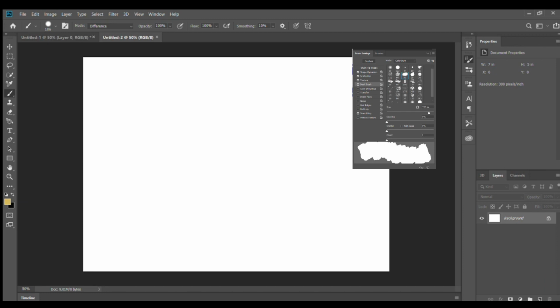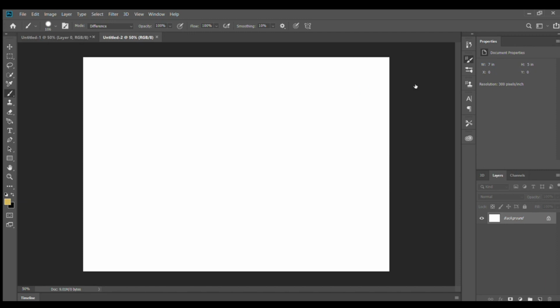Here you can see the shape of the brushes, and I'm going to select this and increase the size. Click on scatter, then see the brush shape is changed. What you see here, the shape of the brush is changed.